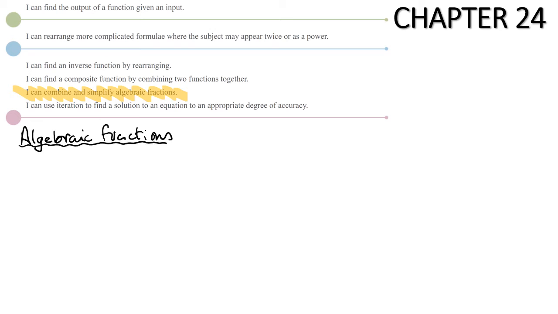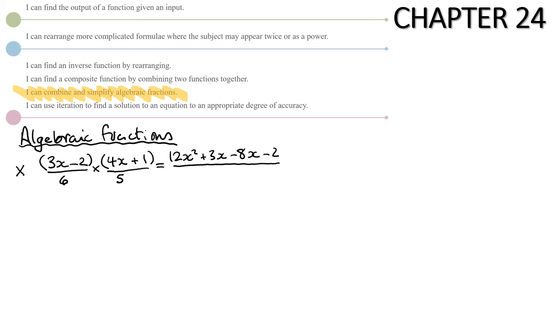So if we are multiplying algebraic fractions, so if I had something like (3x minus 2) over 6 times (4x plus 1) over 5, then we multiply the top times the top, so it's basically like expanding brackets, so that'd be 12x squared plus 3x minus 8x minus 2 over 30, so I could simplify that as 12x squared minus 5x minus 2